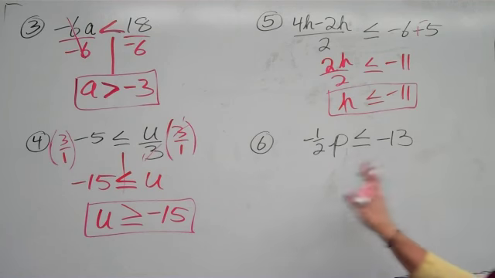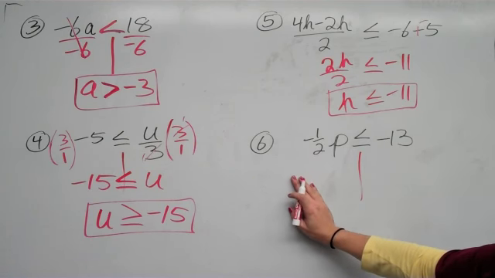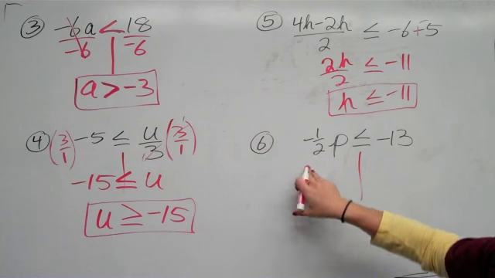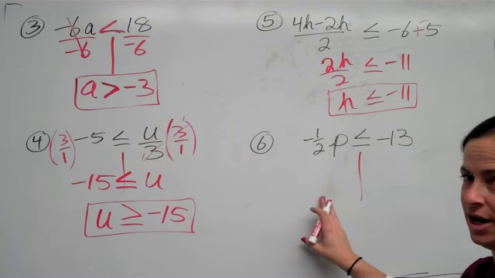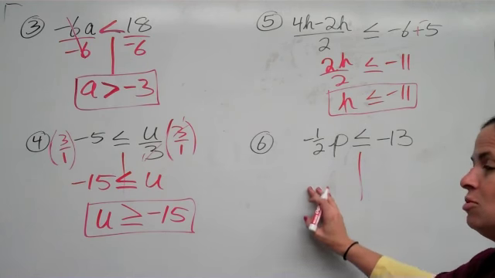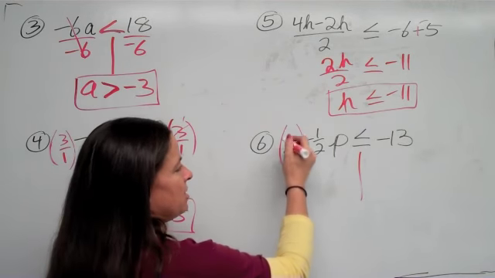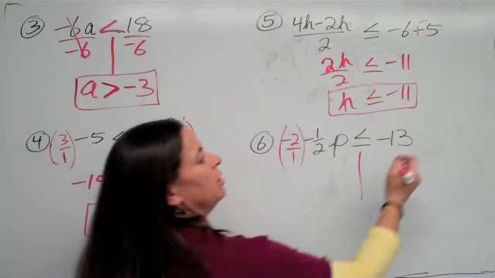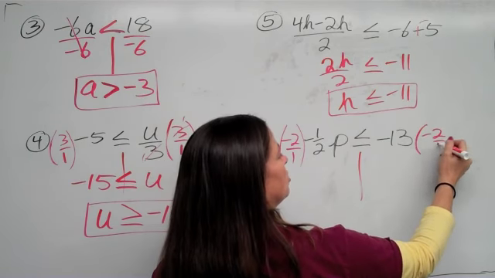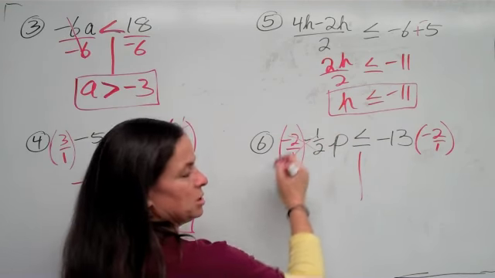Number 6. Here's p. It is on the left side. Attached to it is negative 1/2. So it's attached by multiplication, so I could divide by negative 1/2. Or, because it's difficult to divide by fractions, you multiply by the reciprocal. So the reciprocal of negative 1/2 is negative 2 over 1. Multiply this side by negative 2 over 1. The 2's simplify, the 1's simplify. This makes a positive, so